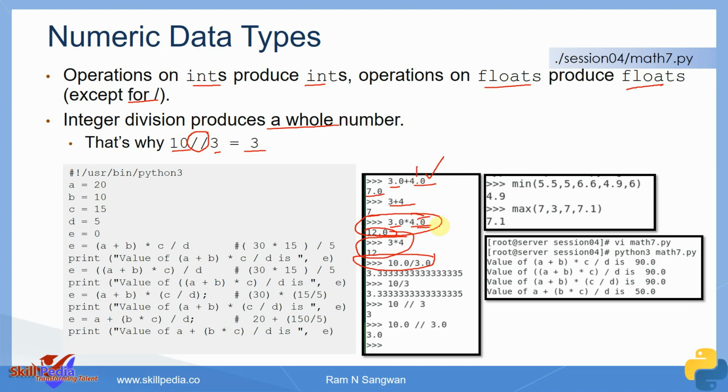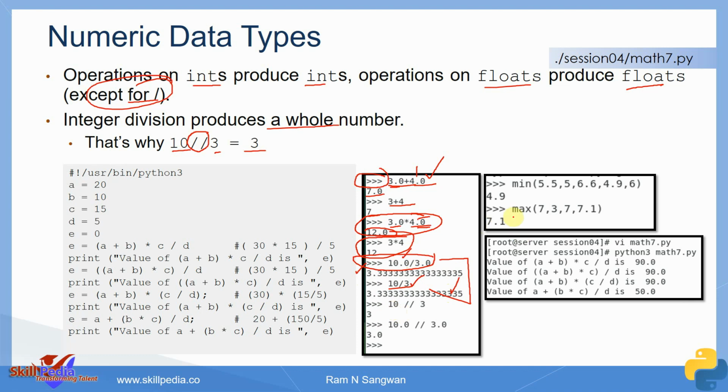No, you don't have to declare. These are direct values we are printing. We are calculating 10 divided by 3. I am working directly at the Python prompt, in an interactive way. So 10.0 divided by 3.0. In the case of division, as I said, except for division, whether you take float or integer, the answer will be the same.